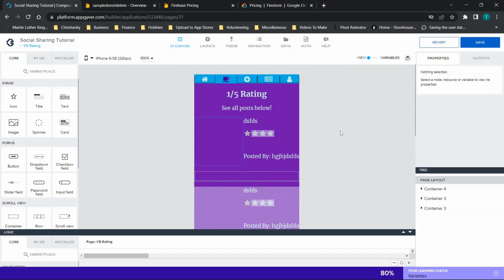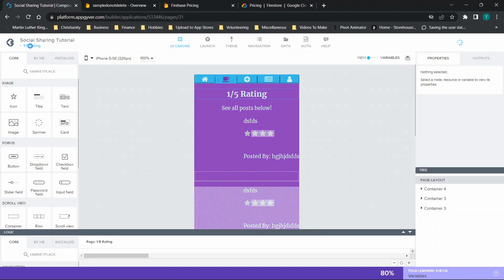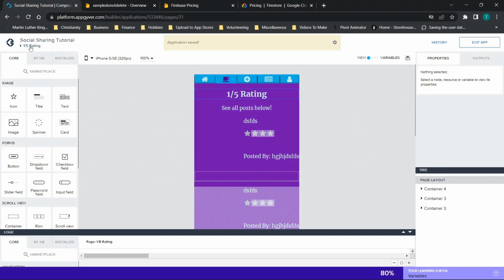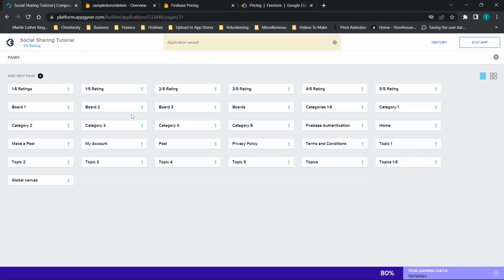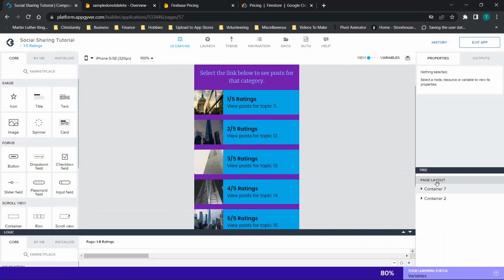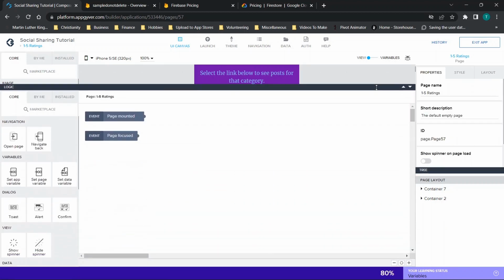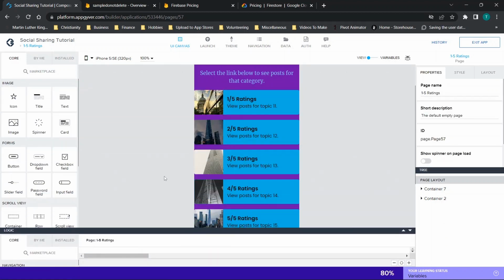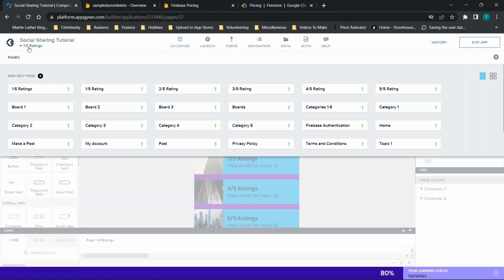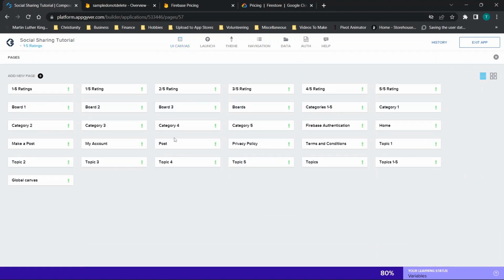Now, the last thing we're going to cover for performance is just looking at the flow of your app. What I mean by that is this app is very read intensive. So there are more efficient ways to do what I have done. One option, for example, is if we go to the 1 to 5 ratings page. When this page loads, you'll see right here that nothing is actually happening. But if we were to choose a different page in the app, for example, if we go to the Make a Post page,